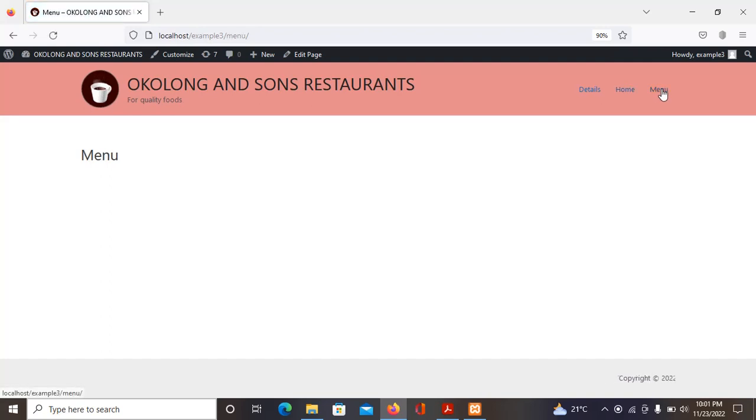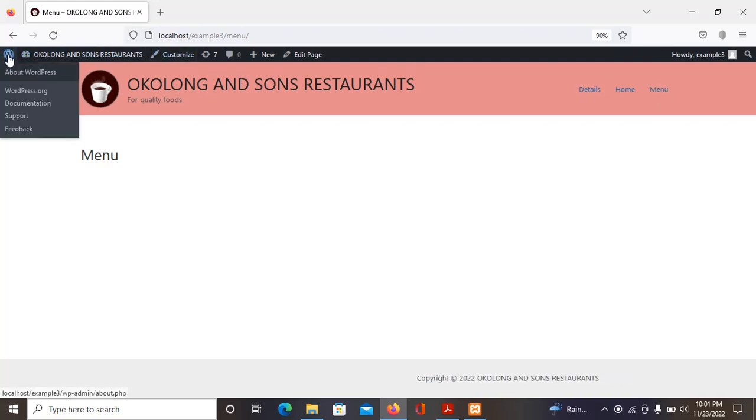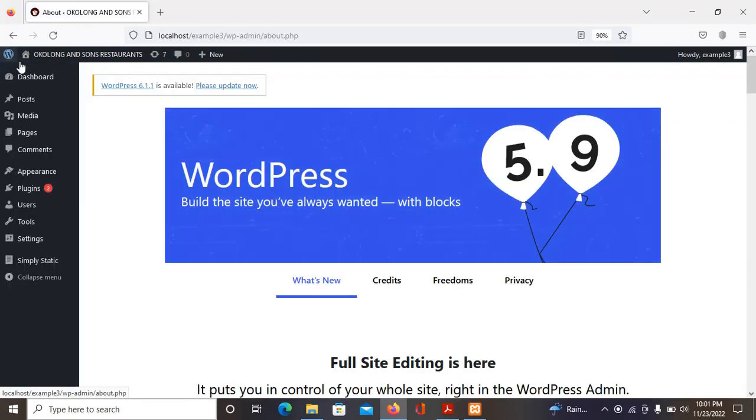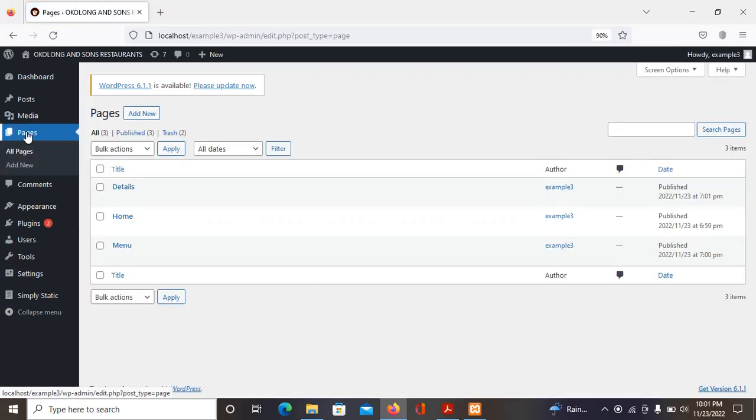So we are now going to add the content. So let me go back to the dashboard by clicking on this W there. It takes you back to the dashboard. So where are we? We are under pages. When you click on those pages, it takes you back and we begin editing. I will begin with the home page. The moment you just bring your cursor on that page, it gives you the option for edit. So when you click on edit,